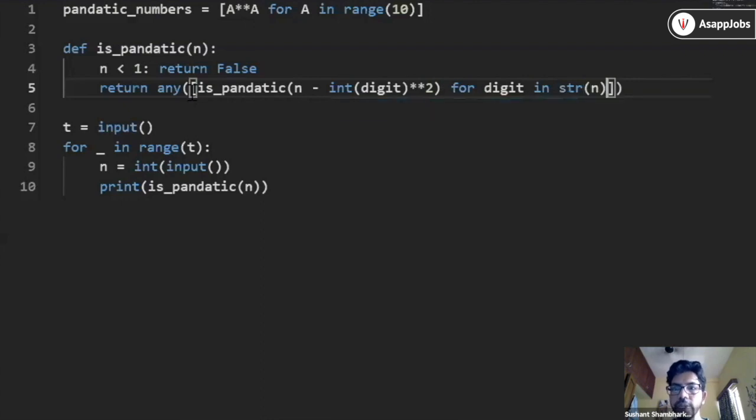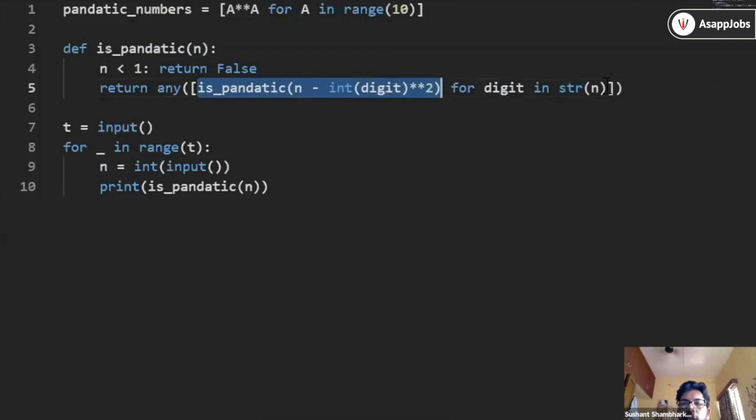So what I'm doing here is I'm converting the number to a string, so I can traverse through the digits of that string. I will convert it back to int and take a square of it. I will subtract it from n and make an is_pentatonic call again. So if any of these is true, then it should return true.